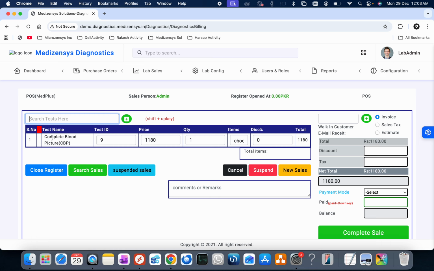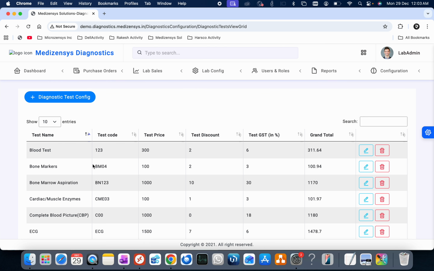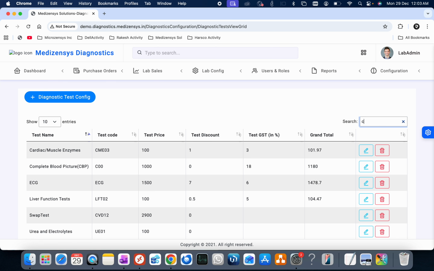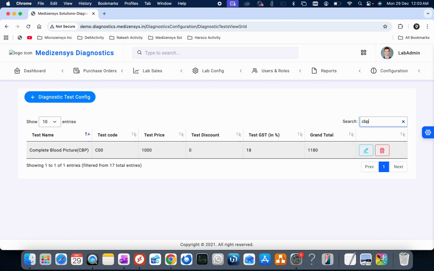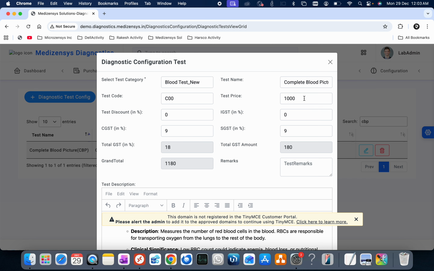If you want to modify your price, discount and everything, there is the lab config. Go here and check the diagnostic test. There you can change your prices and everything. Similarly, you can create groups also. Let me search with CBP. Okay, this is the price. What I'm going to do is change the price to